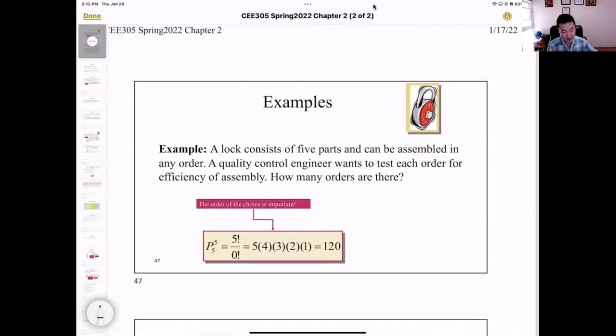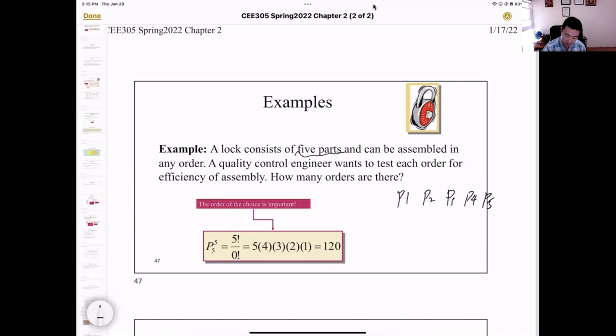Before we do that, here's another example of permutation. A lock consists of 5 parts and can be assembled in any order. An engineer wants to test each order for efficiency of assembling. How many orders are there? We can assemble the 5 parts in any order. Again, we think of this as an experiment which has 5 steps. So we have 5 parts, we call them P1, P2, P3,